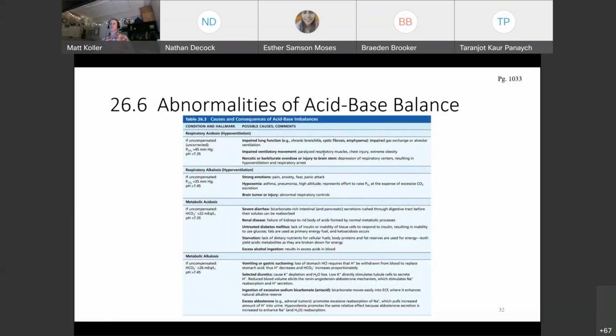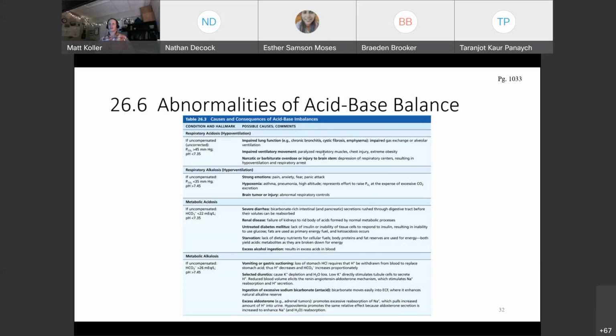So in terms of respiratory acidosis, impaired lung function, and this is very relevant for COVID because we have an impairment of gas exchange within the lungs. We can't get rid of the carbon dioxide, and because of that, we're going to have a buildup of hydrogen ions within the system. You become more acidic, right? So you could think that if there's an interference, so one concern with COVID right now is that if the body over-responds, we actually see scarring of the lung tissue. We cannot get as efficient gas exchange, and that's impaired lung function.